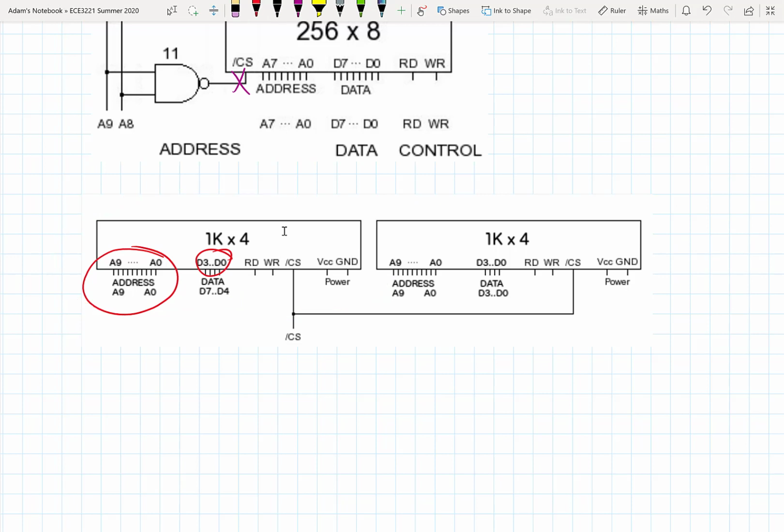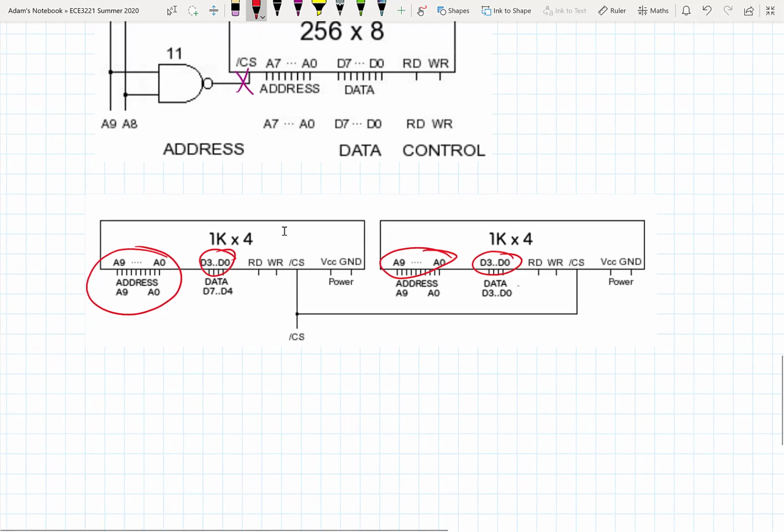And that's the same for both devices. Each one only has 4 bits available, but has 1024 locations. But if we are trying to interface this memory to a system that has an 8-bit data bus, there's nothing stopping us from using 4 bits from one memory and the other most significant 4 bits from another